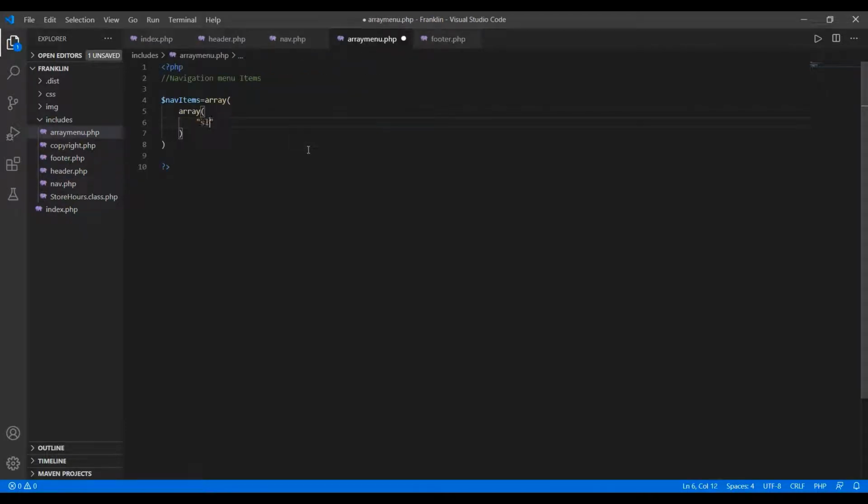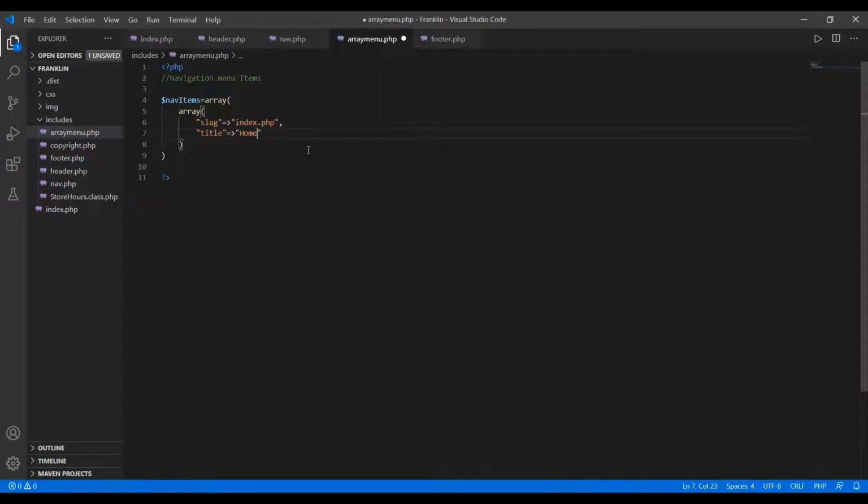So here I'm using the concept of slug, and to this I'm associating the value index.php, then a comma, and to this title I associate the value home.